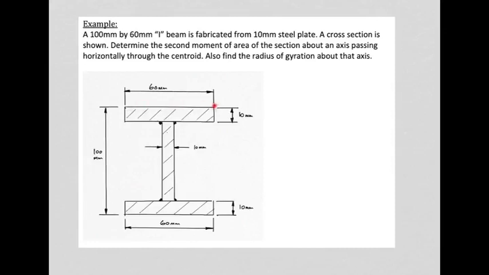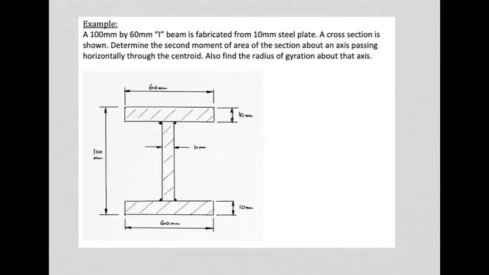This one is 60mm wide, and so is this one. This one over here would be 100 minus 10 minus 10, which would be 80mm from there to there. And all of them are assembled together by welds, which we're not going to include in the calculation. And remember that this is a cross section through a beam which has a certain length. We're not told what the length is yet, but that's immaterial because we are interested in this particular cross section